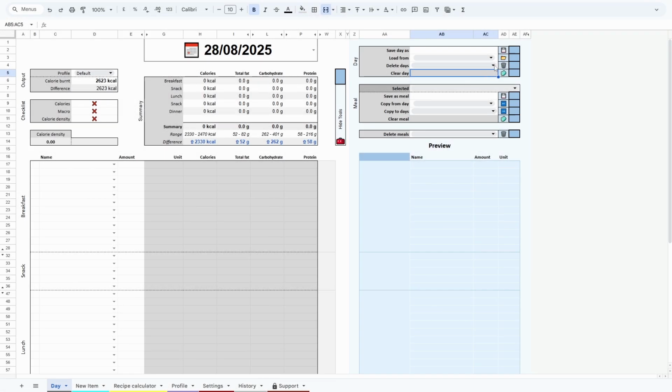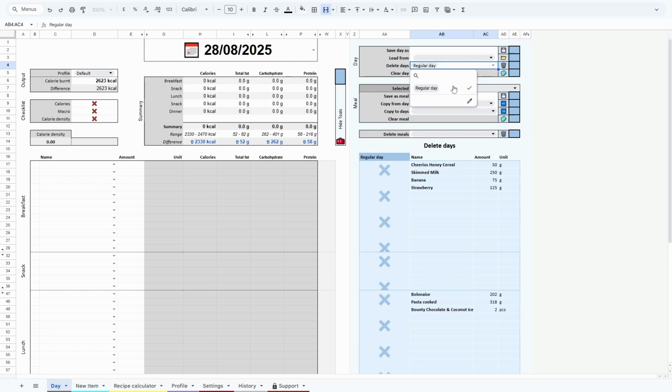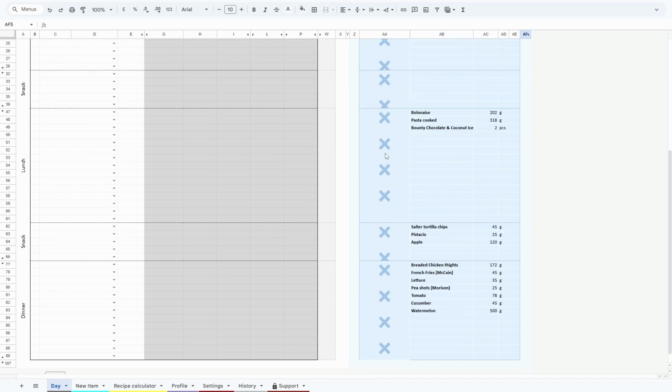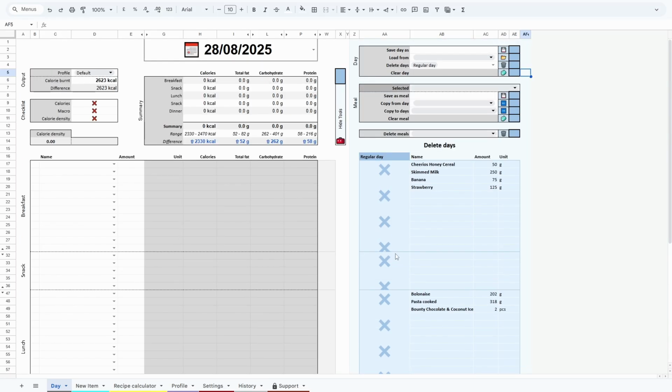Now let's say we realize that actually we don't really want to repeat this day ever again. So we don't even need the template at all. To delete the template, we just need to select it from the delete days list. In the preview, now we can see the items from the template, and the axis next to it suggesting that the right cell will be deleted. So let's click on it and remove this template. And with this, we were talking about all the day functions, so let's move forward to the meal functions and